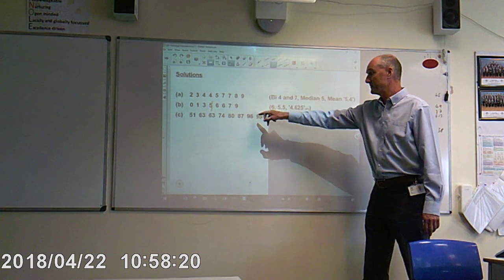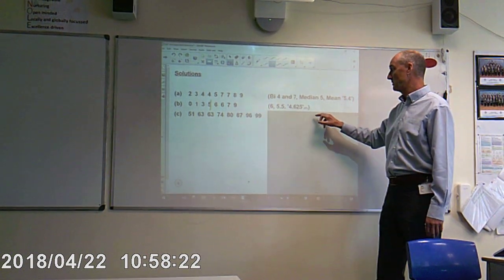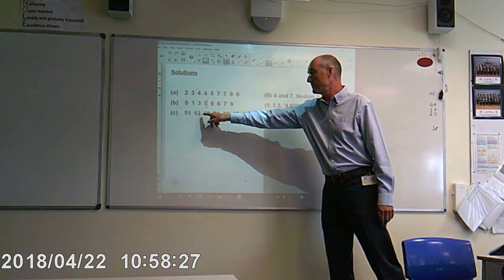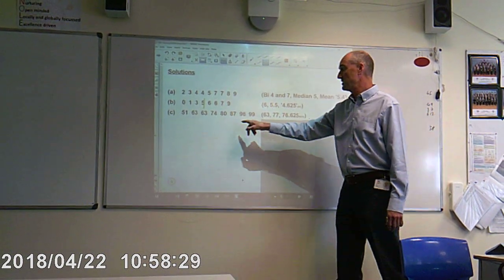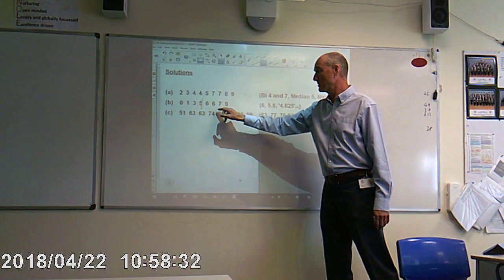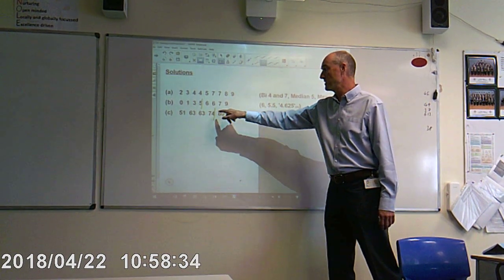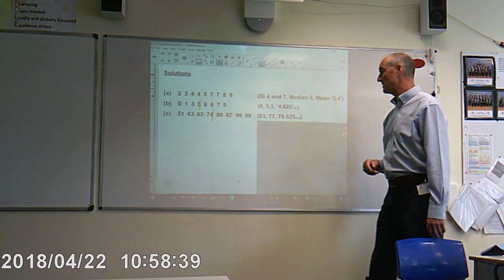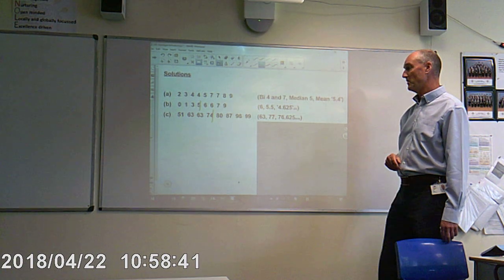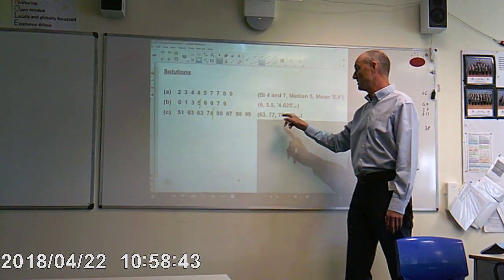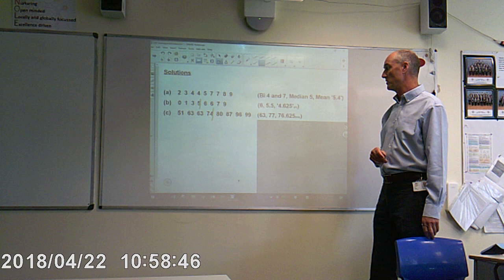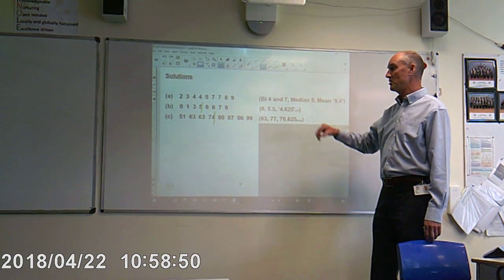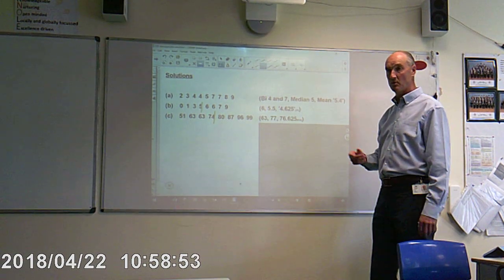And finally, I've rewritten the numbers in order. What number appears the most number of times? Well, 63 appears the most number of times. 77 is going to be our number in the middle, because our number is going to have to come between the 74 and the 80. And then if we add them all up, it comes to 613. Divide 613 by 8, and it comes out as 76.625 miles. So that's 3 examples that we've done for you, and it's brought out some little learning points there,